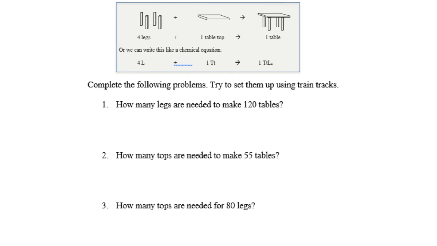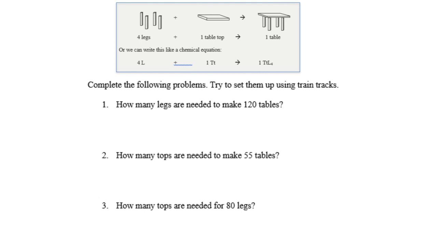Okay, now we're going to be looking at the example of manufacturing a table from 4 legs, 1 top makes 1 table. And we're going to assume we don't need any nails, screws, bolts, anything to hold it together. We're just going to put it together. The legs and the table are just going to snap together. So what we can do is we can look at this relationship of 4 to 1 to 1 to predict